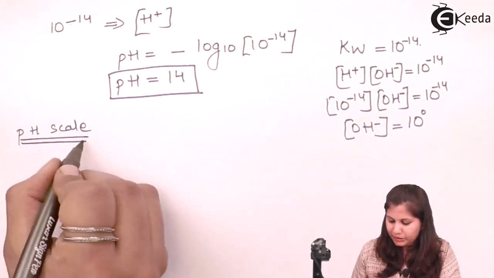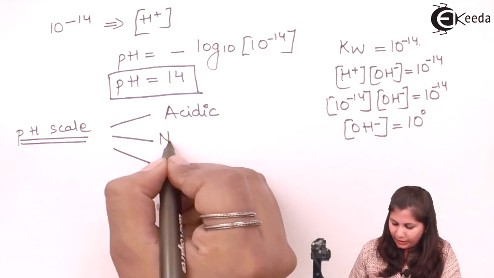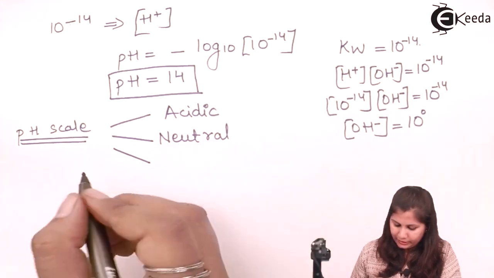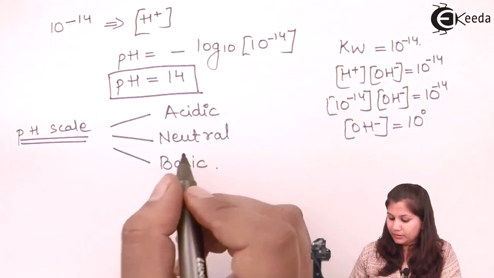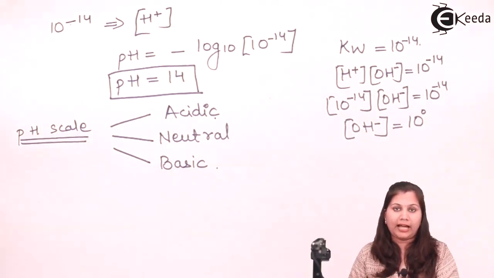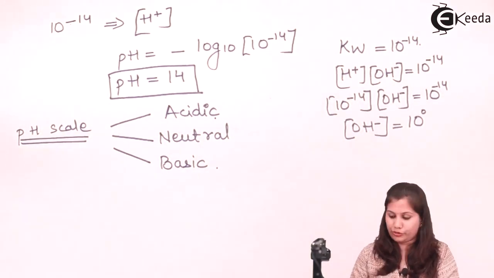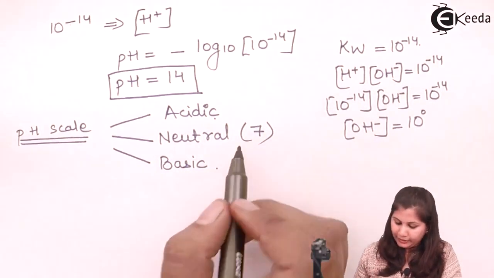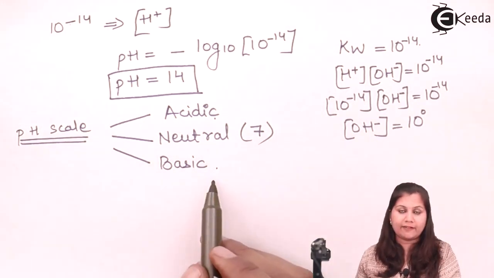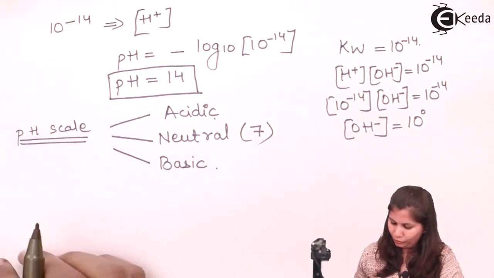Now this pH scale is divided into 3 parts. One is the acidic range, then we have the neutral range, and then we have the basic range. Okay, acidic range means if the solutions have the pH value in that range, then those solutions are acidic solutions. If the pH value is 7, then it is a neutral solution, and if the pH value is greater than 7, then it is basic in nature. So we can define this scale as